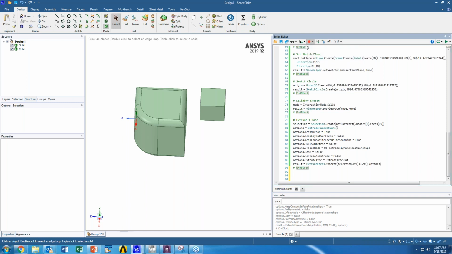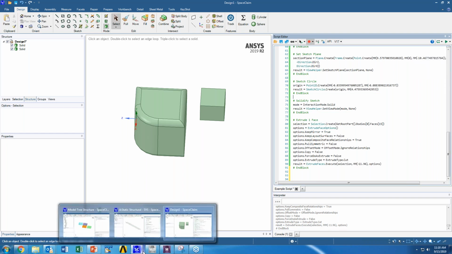So continuing on with the toolbar. We have our record button. We have insert selection, which just dictates how a selection is inserted into the script. And then on the right side, we have some debug tools: step over, step in, step out, and then our run button. By default, the run button, I believe, opens in run mode. If you want to go into debug mode, then you would switch to debug accordingly.